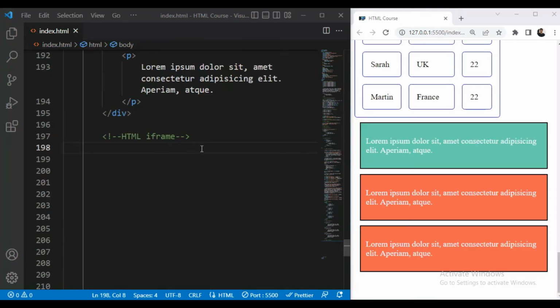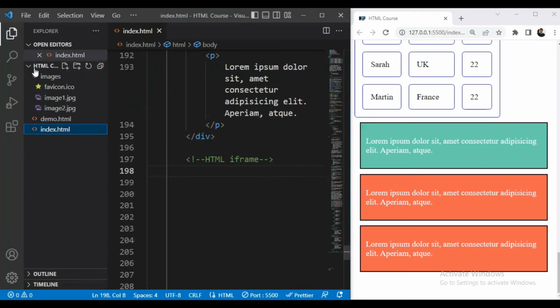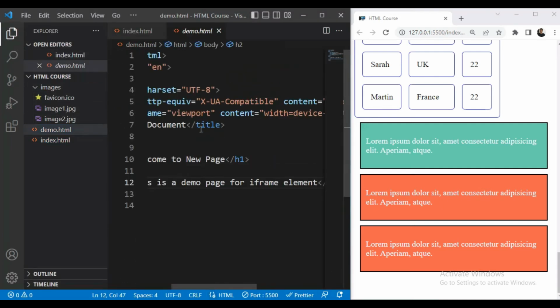Next we will see HTML iframes. An HTML iframe is used to display a web page within a web page. So let us see HTML iframe in practical. So I have created a new page here, that is demo.html. So I will open this and show you.